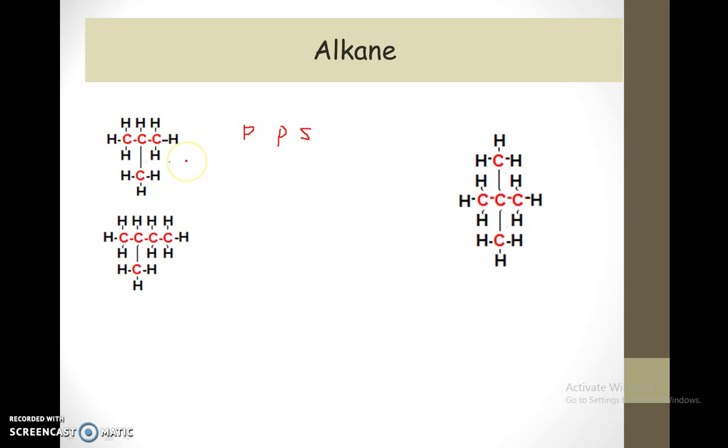Okay, so look at the first organic compound. At first you need to find the longest carbon chain. So the longest carbon chain is 3 carbons. So 3 means prop, the longest carbon chain. And since this organic compound is alkane, just put A and E. So propane. Alright, and the prefix refers to the substituent that is attached